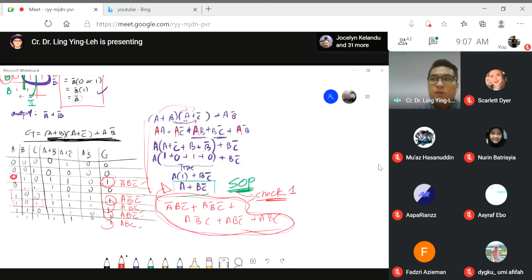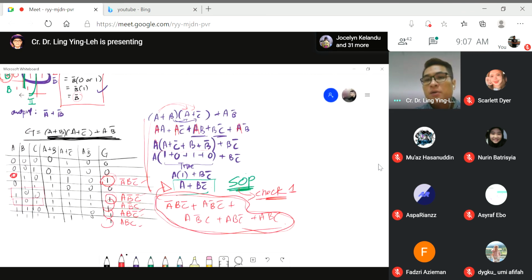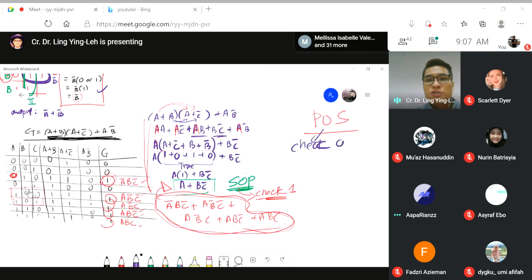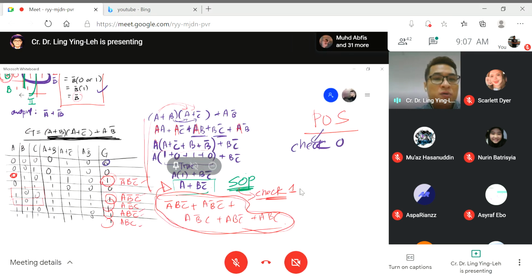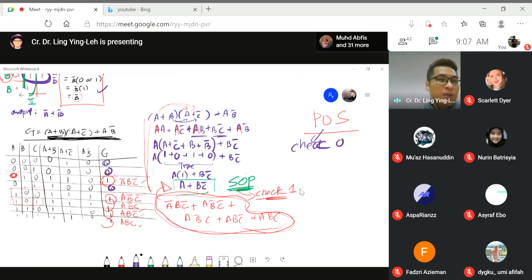Okay, now I want to show you the next one, POS. Okay, we do the POS. Kalau SOP, we check the number 1. POS, we check number 0. Remember? We check 0. So now, pergi tengok sini, ini kosong, kosong, kosong. 3 sahaja kosong kan? Be careful. Tadi kita kata, kalau di bawah SOP kan, kosong ini adalah bar A. Sekarang kosong akan menjadi,